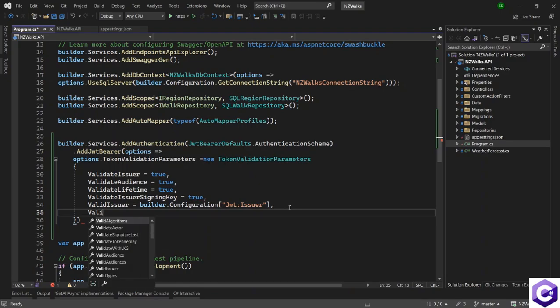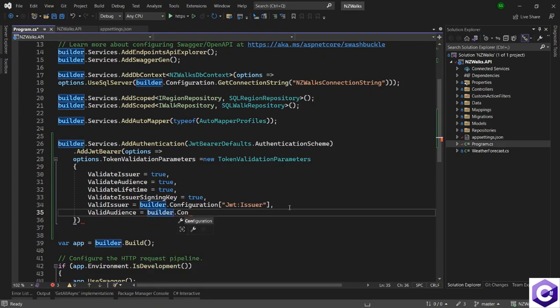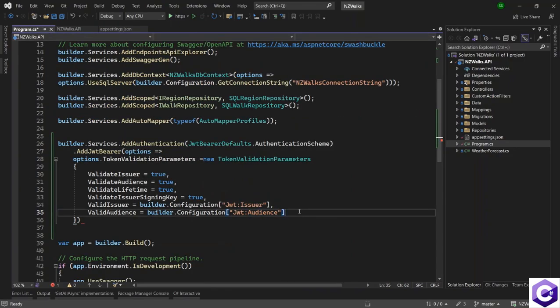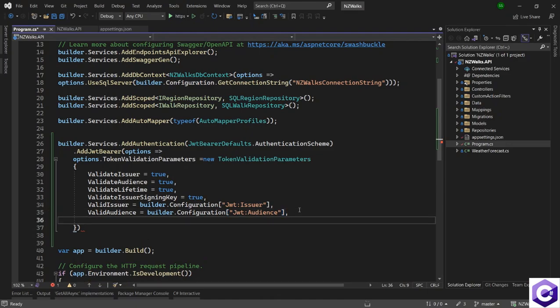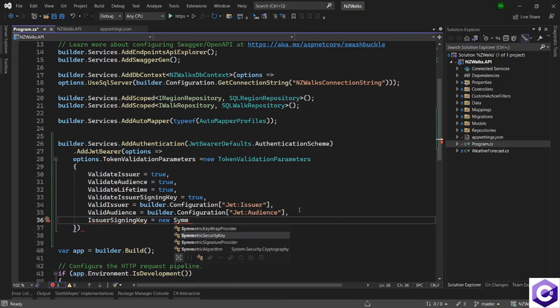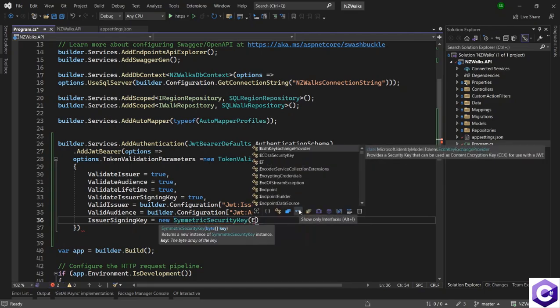After that, I will also provide the ValidAudience is equal to builder.Configuration, and similarly I'll say Jwt:Audience, and make sure the spellings of the audience matches over here as well. Finally, I want to set the IssuerSigningKey parameter. So IssuerSigningKey will be a new SymmetricSecurityKey, and to this I will give the encoded version